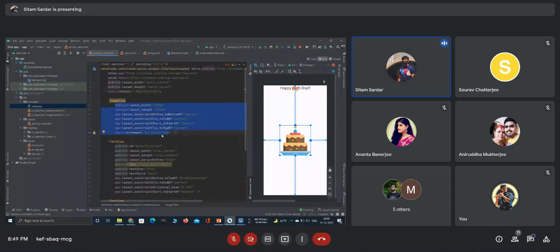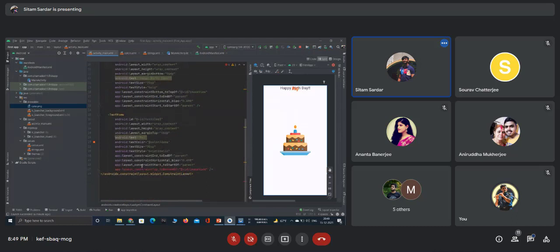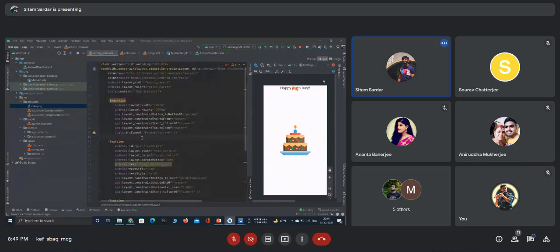There are three kinds in this attribute section. Whatever we have put until now, all the code is written accordingly, so we don't need to care about that. We just need to drag and drop. Whenever we use the tool section, the names are written here as tools. Okay, but go to the design. What happens?